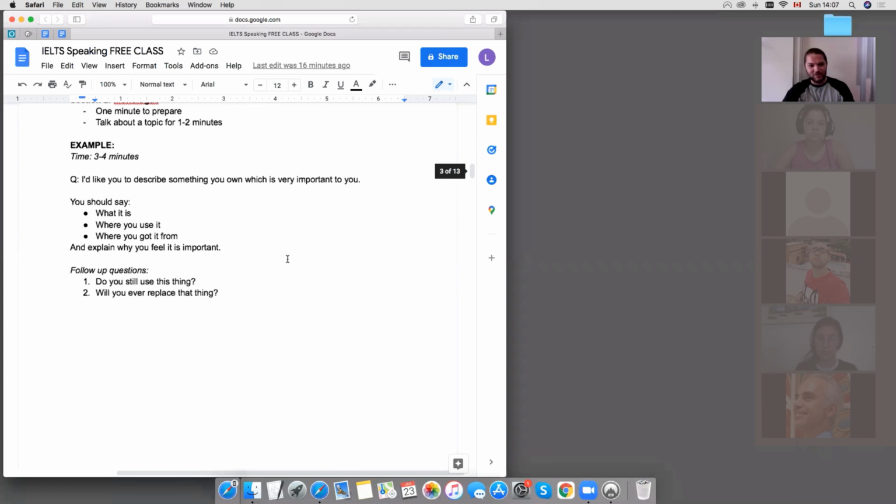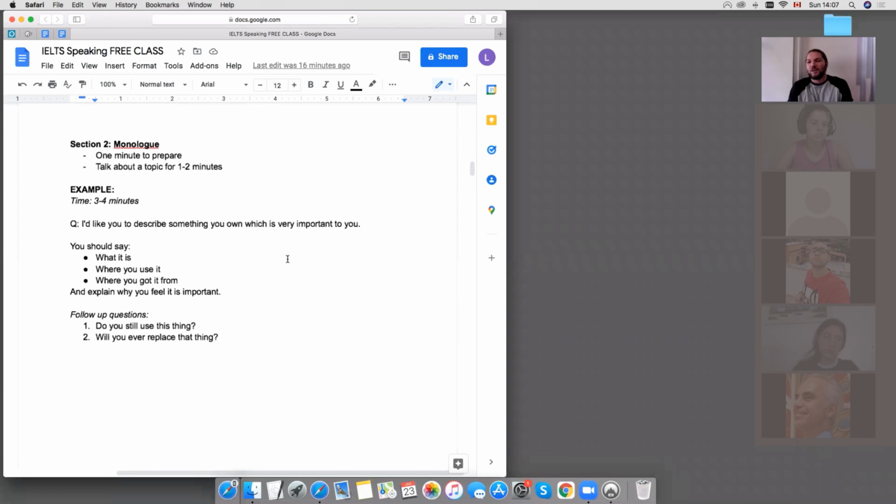As we move on, though, section 2s are a little bit more difficult because the question style is totally different. We are not having a conversation where the examiner asks a question and you answer. It's not like that. You have 1 minute to prepare a talk for 2 minutes. They will say that you can speak for 1 to 2 minutes.